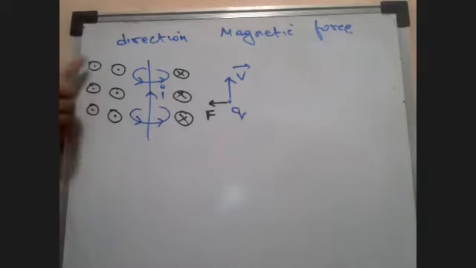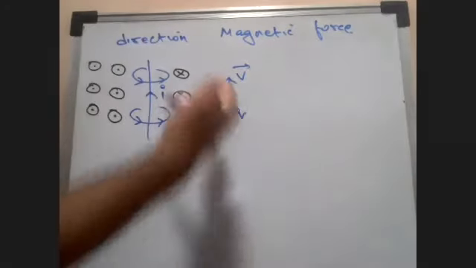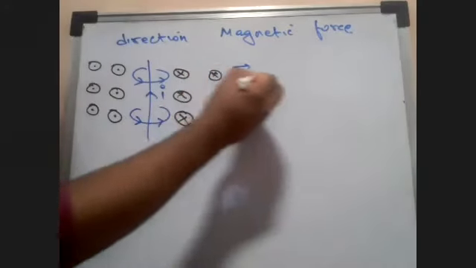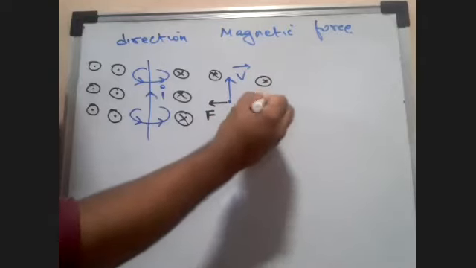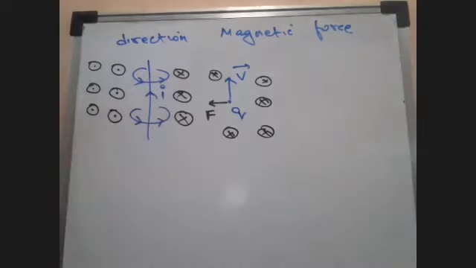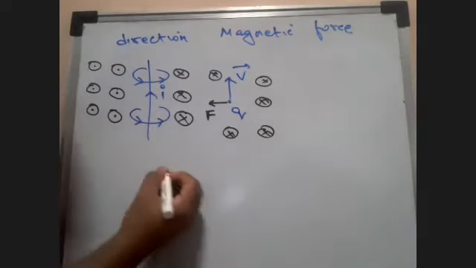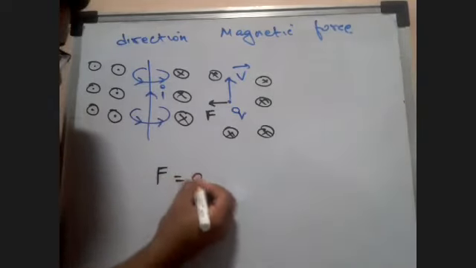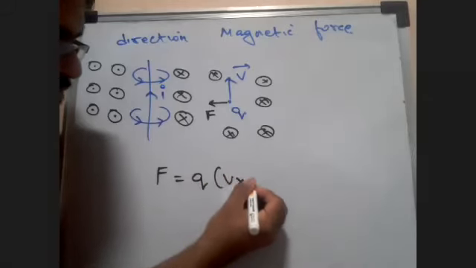All the magnetic field on the left is coming out of the plane. Here on the right it is going inside the plane. So if I have placed the charge in an area where the magnetic field is going inside the plane, you remember that force is equal to Q into V cross B.